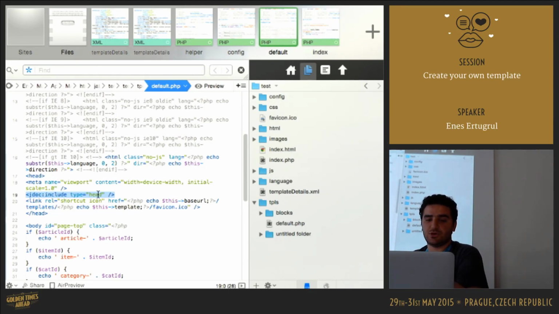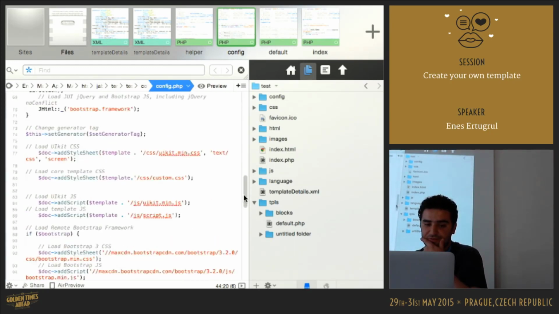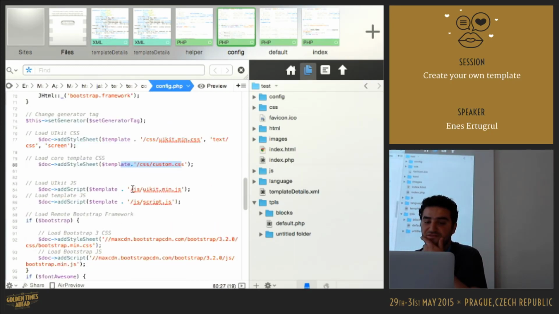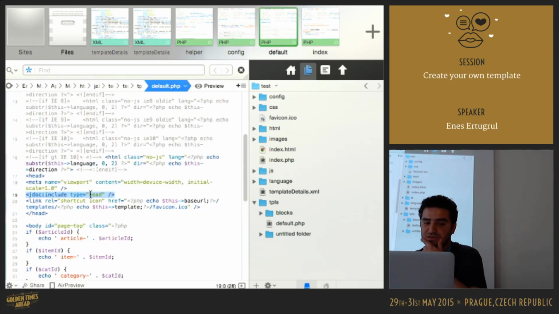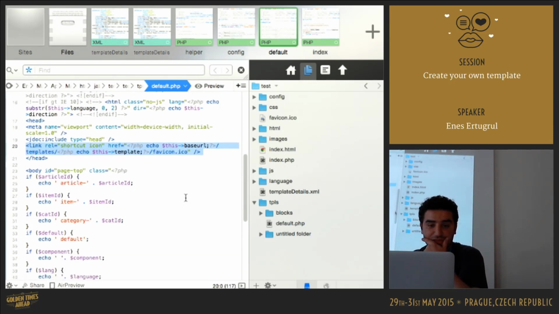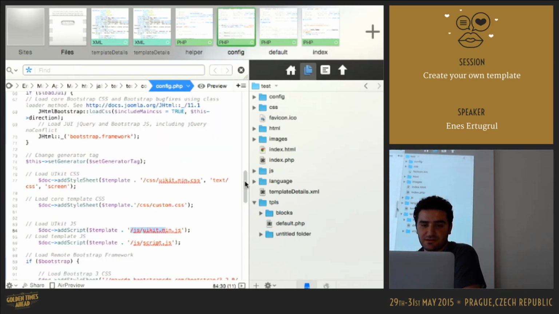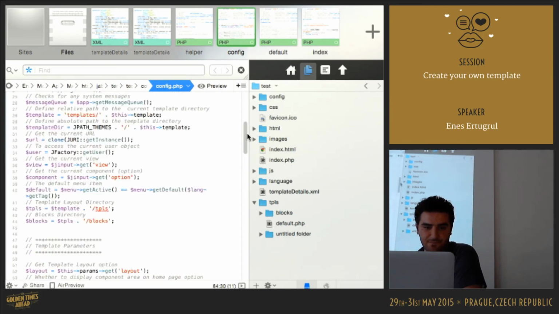head. So whenever you add a CSS file from your config file, like this, it will be included directly into here. So you don't have to hard code here. And you can register your favicon, our body tag. And here is what we used: article IDs, item ID, cat ID, default, etc. All those variables are created here,